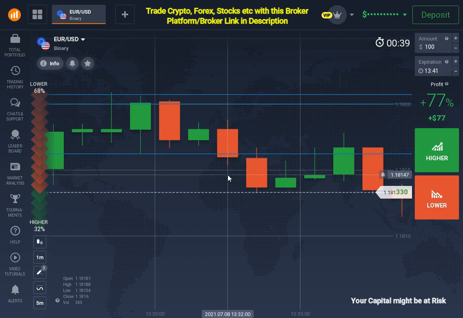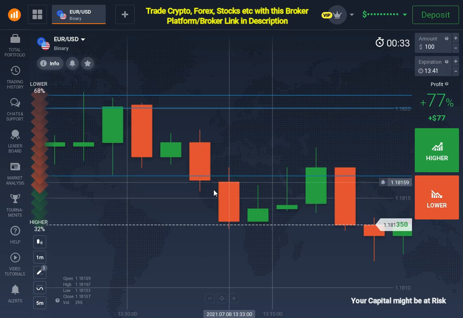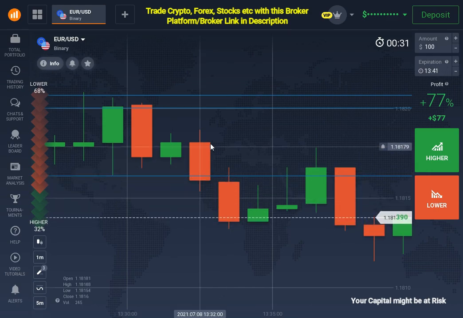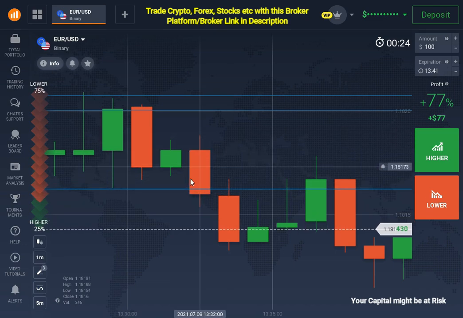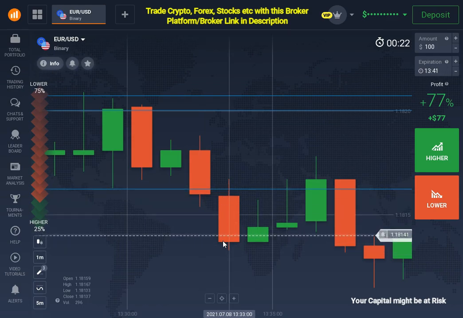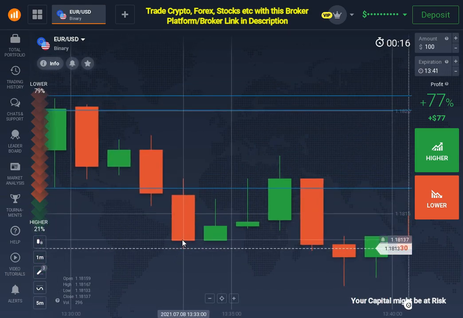I wanted a clear confirmation, and this candle confirms that now the market have broke through this support level. It was previously been broken, but because of this small body, I didn't trust this candlestick, but this candle confirms us that the market have broken through this support level. But I didn't place my trade here.